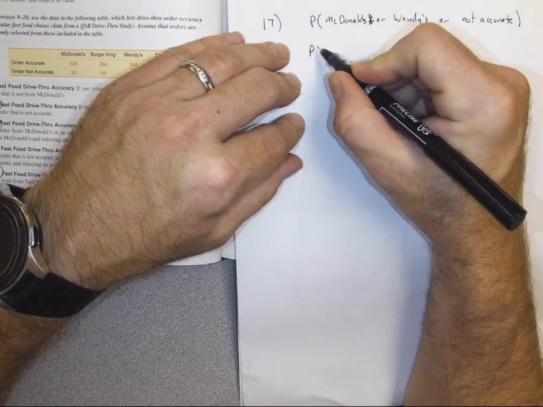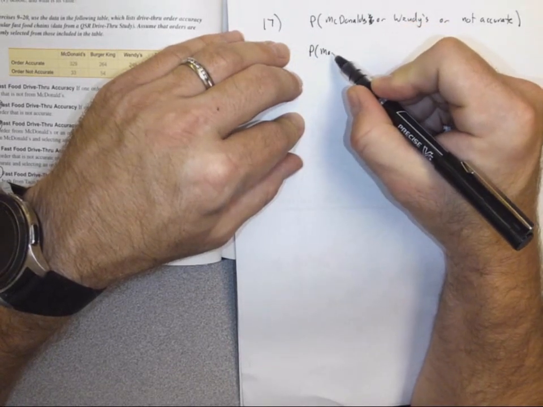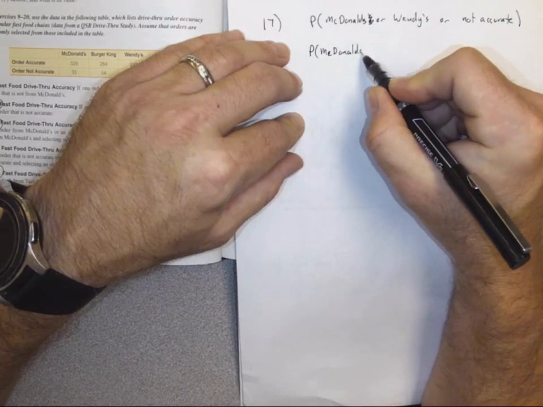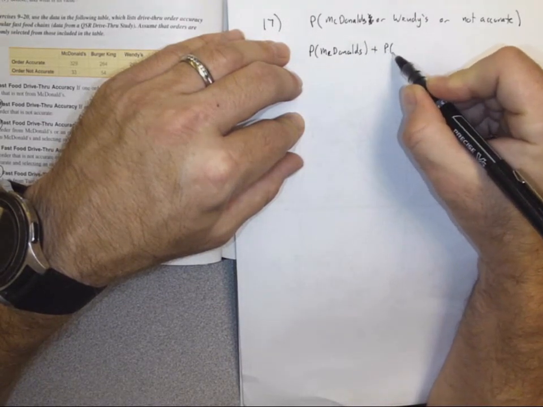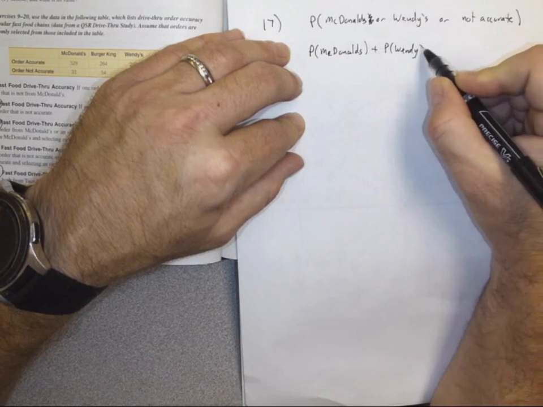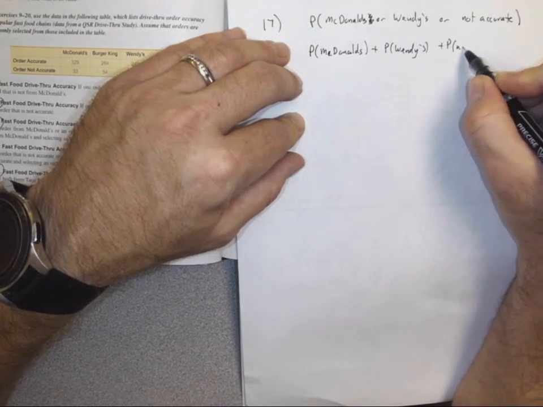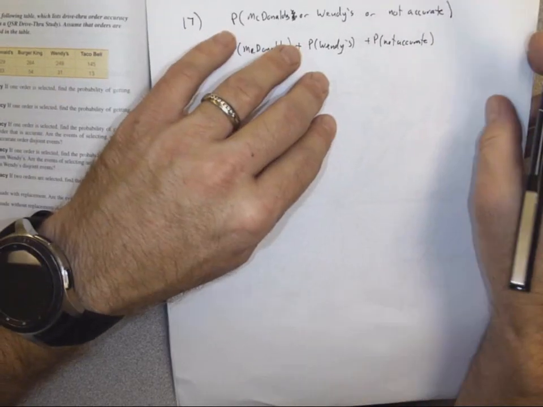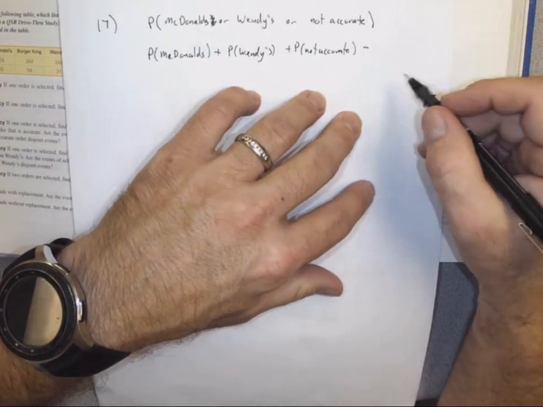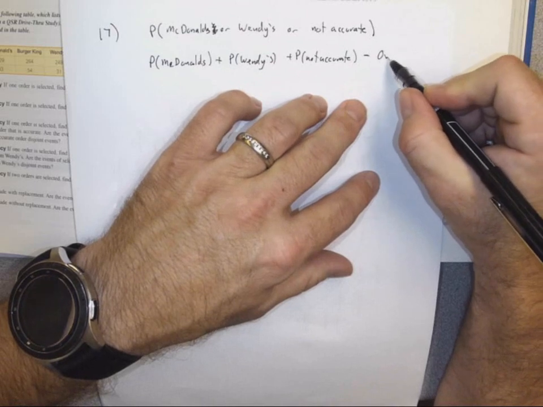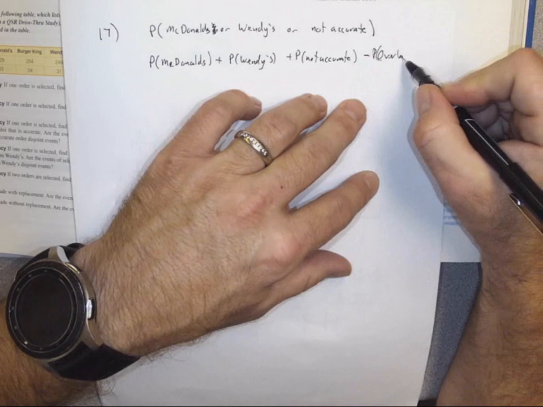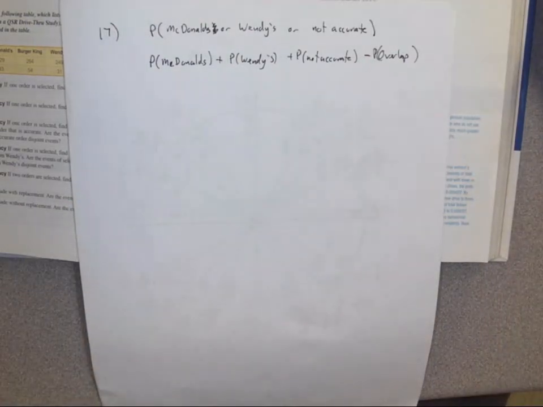So we know this is going to be equal to the probability of McDonald's. Well, what's the operation for OR statements? Addition. So McDonald's plus the probability of Wendy's plus the probability of not accurate minus any double counts, right? Minus any overlap. You guys agree? Probability of overlap, let's just say that. The probability of overlap could be complex if they